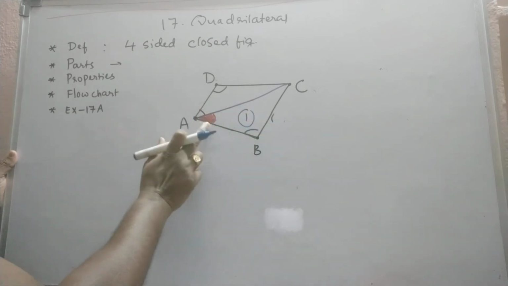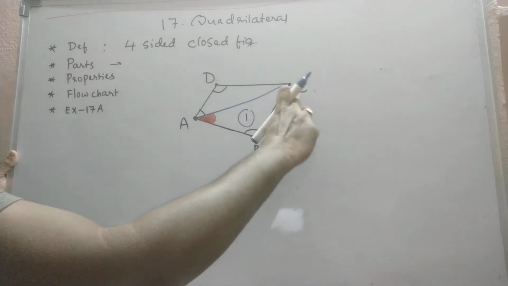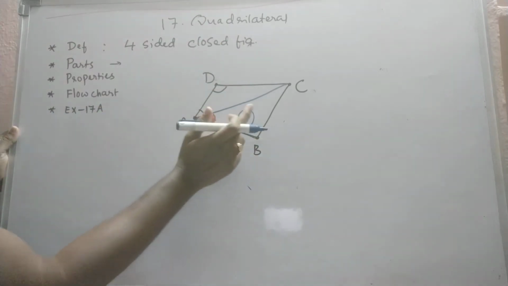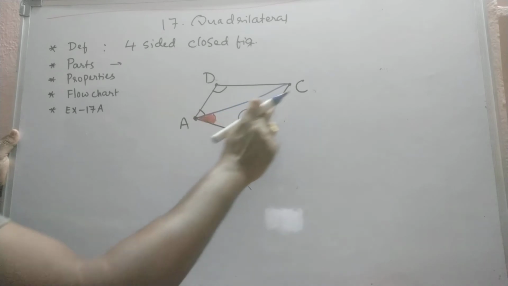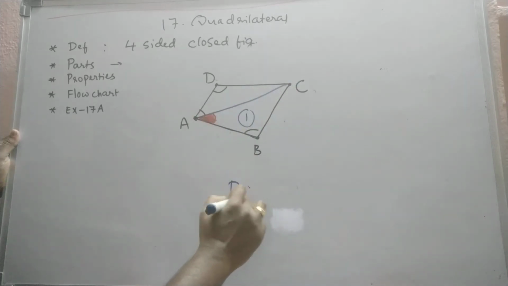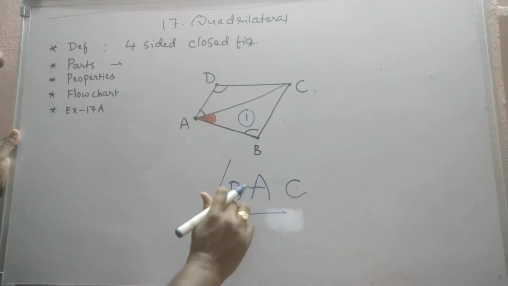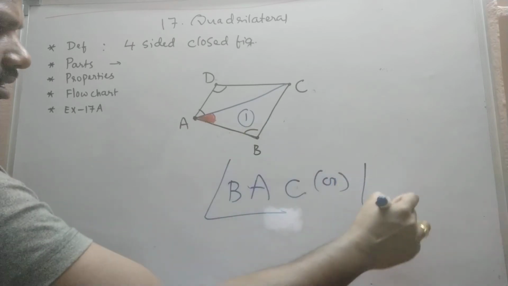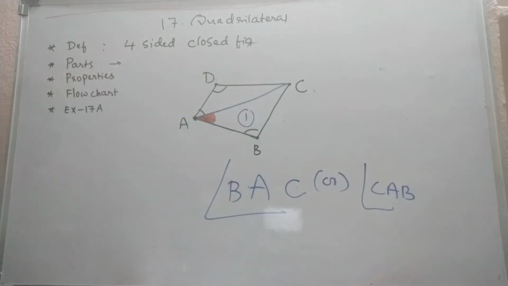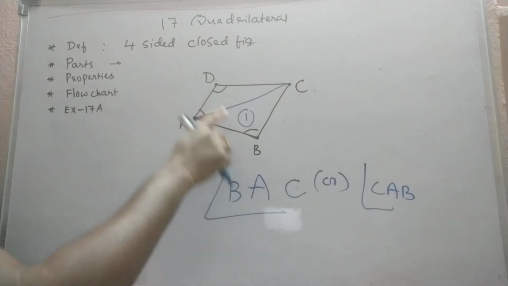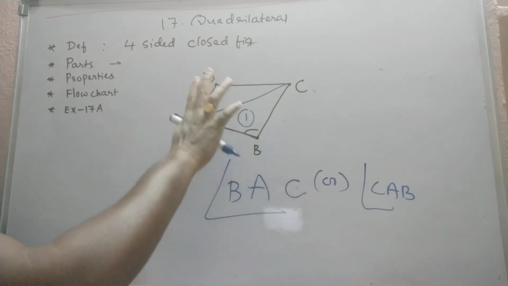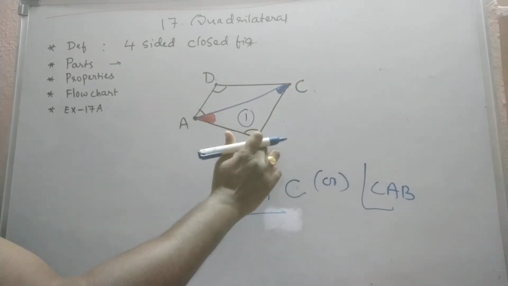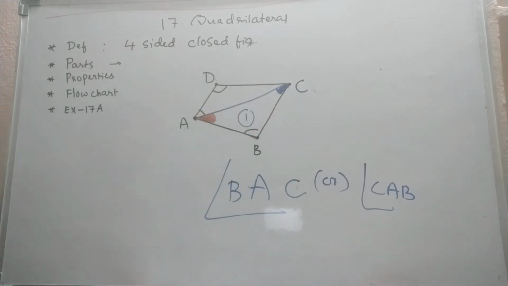In triangle 1, this red color angle I marked lies between AC and AB when I join them. So this angle A lies between B and C, so we can write BAC. This is angle BAC, or the same angle you can begin from vertex C, CAB, like this also you can. And if I want to mark B and D like that, I can say angle B and angle D. And this particular angle you have to name as ACB or else BCA. Remember that point. Very, very important.